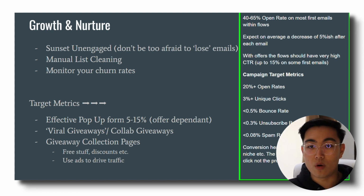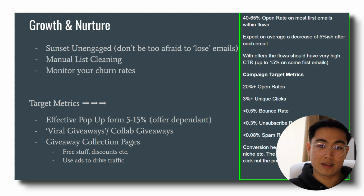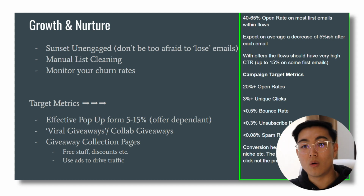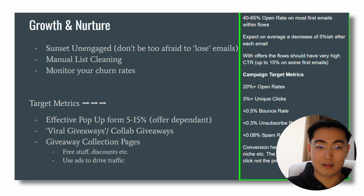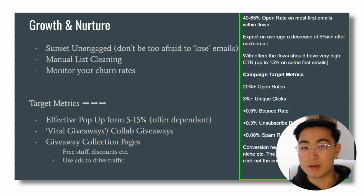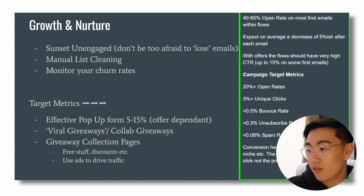Another way to grow your list is through viral giveaways or maybe collaboration giveaways. When you give away a product, you can collect their emails, and if you do it on platforms such as Gleam.io or any of those sites, you can have them follow your Instagram and things like that as well, which is why it's called viral giveaways, because you gain omnipresence with whatever audience you're targeting. However, the regular email collection has been extremely popular